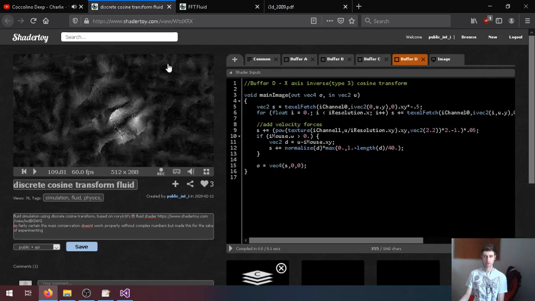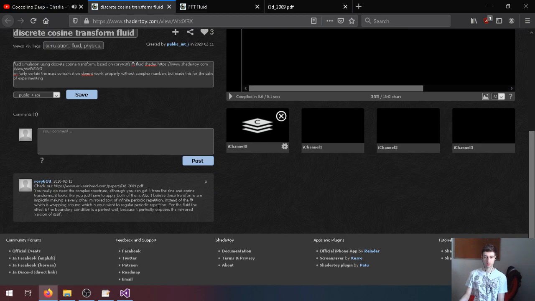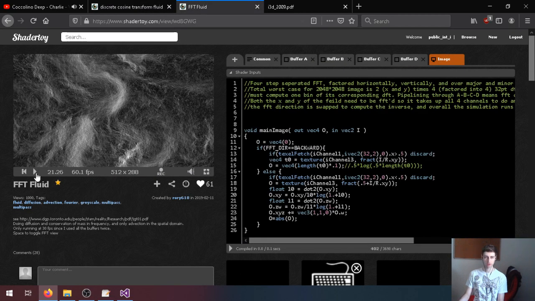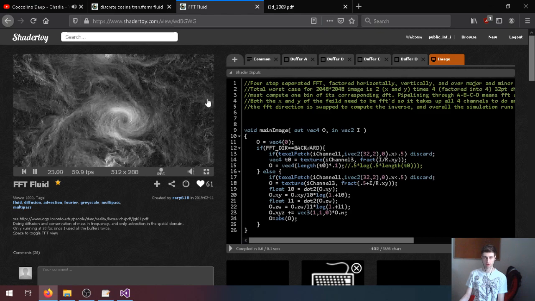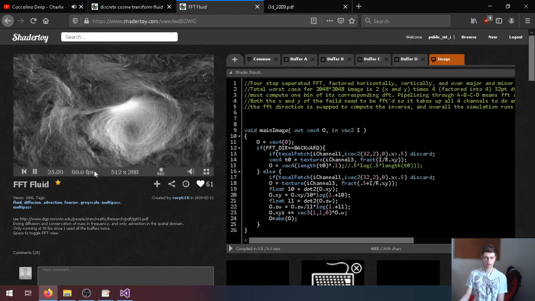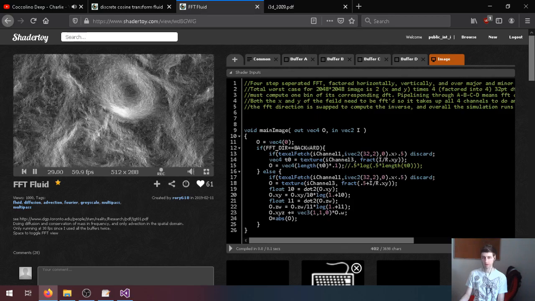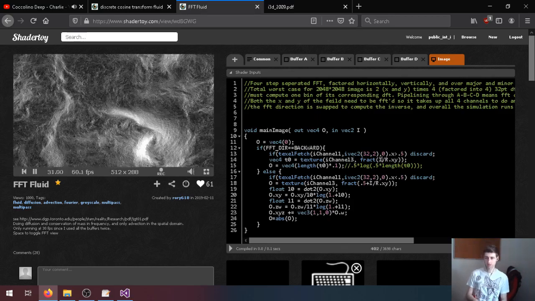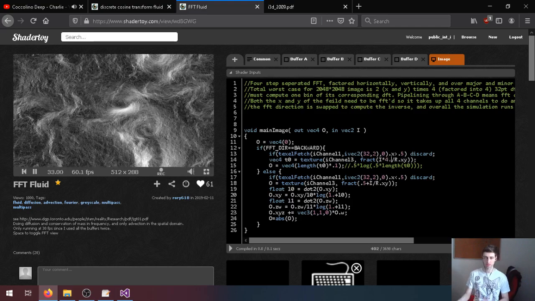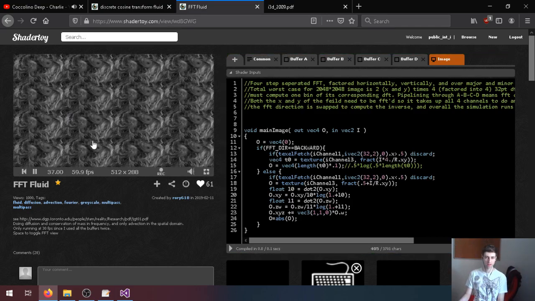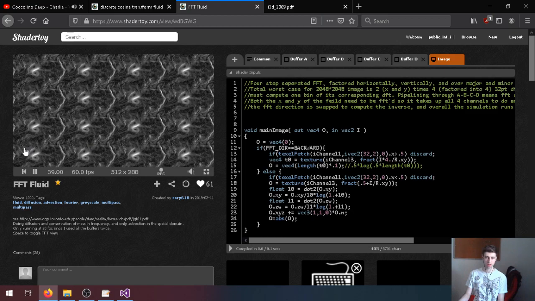It says here, the Fourier transform is wrapping around, equivalent to regular periodic repetition. So that's why this Fourier transform version loops around perfectly. It is actually a perfectly wrapping simulation. You can see here if you repeat it by doing ×4, it's perfectly repeating, which is honestly impressive, like